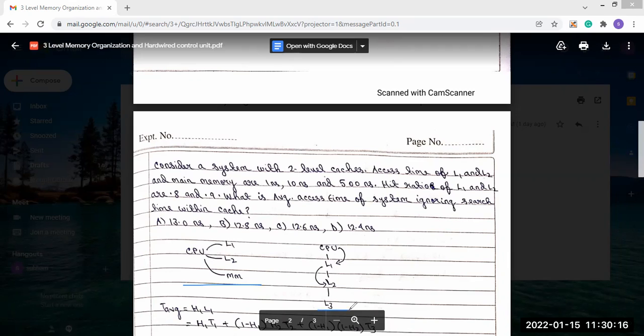Now, what you have to read? It is saying: what is the average access time of a system, ignoring search time within the cache? Now, which organization you have to choose? You have to decide by reading this. It is saying: what is the average access time of the system, ignoring the search time within the cache? Then